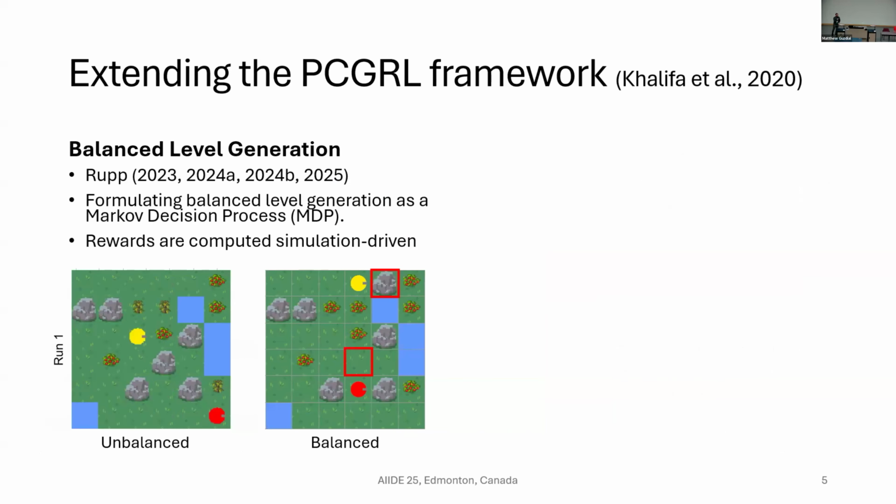So I extend the PCGRL framework for balanced level generation, and I formulate a Markov decision process for balanced level generation. Here, for example, my approach is the following: I extend PCGRL with a swap-based representation, for example, swapping two tiles, the mountain tile and the grass tile, in order to increase the balance for both players in that example. I have several works published at, for example, COG and also FDG, where I did a lot of experiments for balancing, but also for imbalancing, using also asymmetric player types.